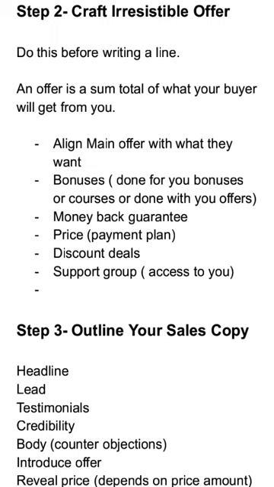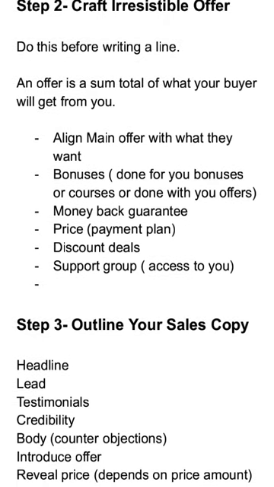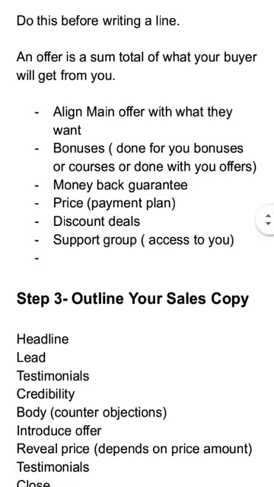Write the main product, write the bonuses you're going to add, write exactly what the money back guarantee will be, okay? Then the price. Are you going to give exact price? Is it going to be a discount? You just write what the price will be, and are you going to have a payment plan, which means will they pay now, pay per month? Are you going to have a trial, 1 week free trial, and then they pay next week? All of those things are part of your payment and price strategy, okay? It is still part of your offer.